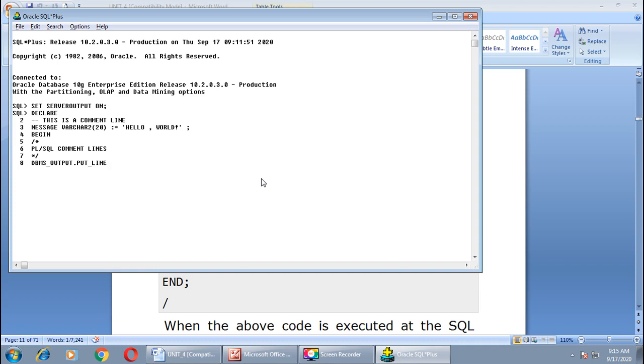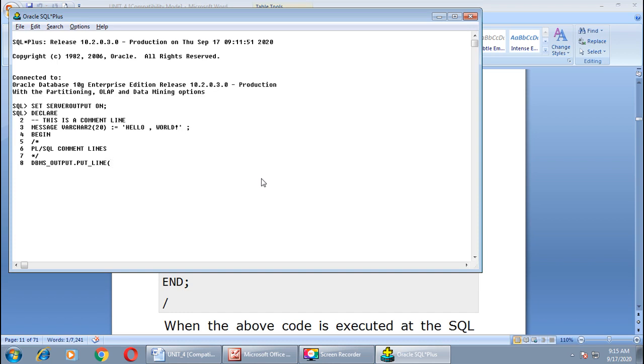As I explained in the previous lecture, if you want to print a message on your editor window, you can take the help of this line, dbms_output.put_line, and whatever you want to print on the screen, you can enclose in the pair of parentheses as a static string, or else you can pass the name of a variable.